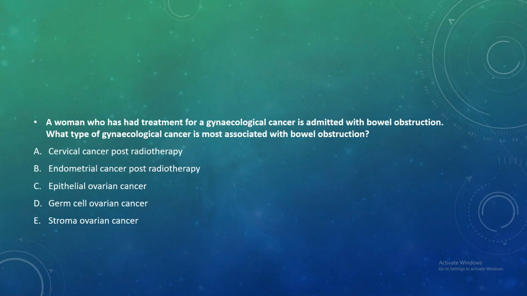And as a twist, they can ask in case of radiotherapy: if the patient has previously received radiotherapy, then the most common cancer will be uterine or cervical cancer. Because the cervix is the most common site to receive radiotherapy, correct? So if the question mentions a history of radiotherapy, then your answer will change to cervical cancer post radiotherapy. It can be endometrial cancer also, but in endometrial cancer, radiotherapy is used much less commonly than in cervical cancer. So this is regarding today's talk.